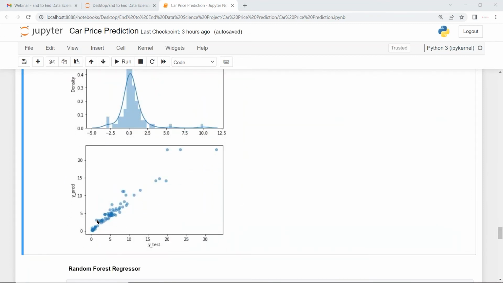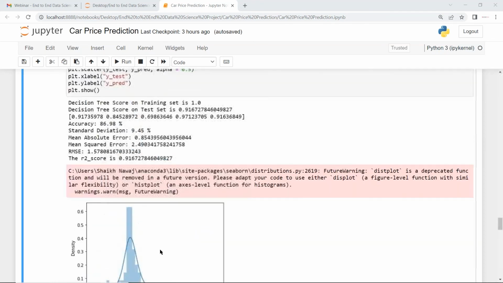In the scatter plot, this shows an upward trend in a straight line, so I can say that there is a strong positive correlation. If you find out the correlation between y prediction and the actual value y test, you will get a correlation value of around 90% or more. Here the R square value is around 92%, which means 92% of the variation of the outcome column is explained